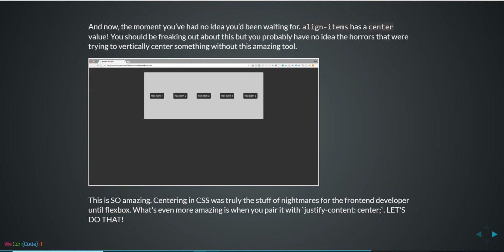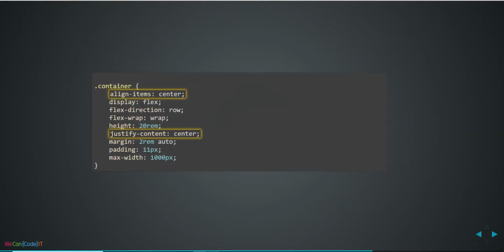There was all orders of math that you had to do to figure out how much padding or margin you needed inside of a container. You had to know the exact values of your container, what the height was, what the width was, to be able to center things vertically. All we need in Flexbox is an align items rule with the value of center, and we now have vertical alignment. So this is really, really powerful, and we're going to see now an example of just centering things on